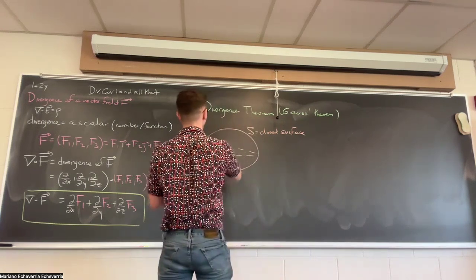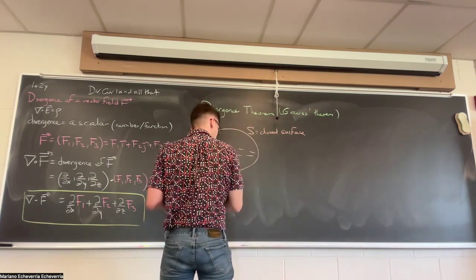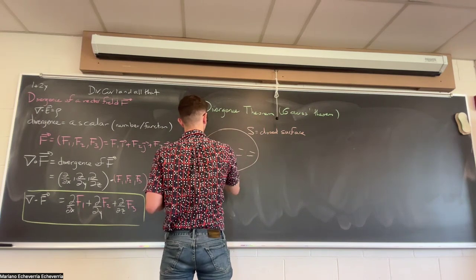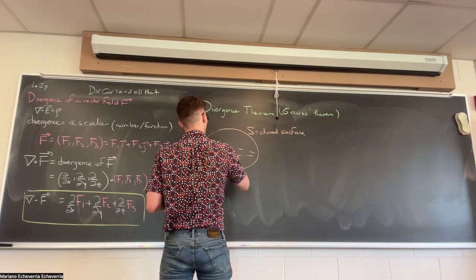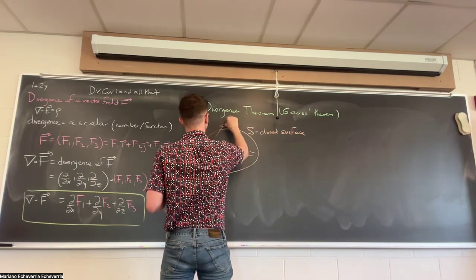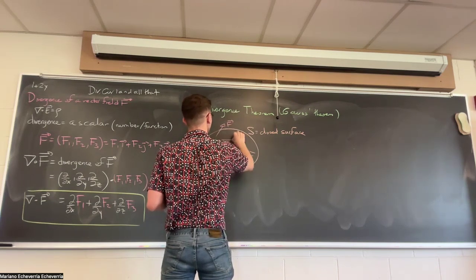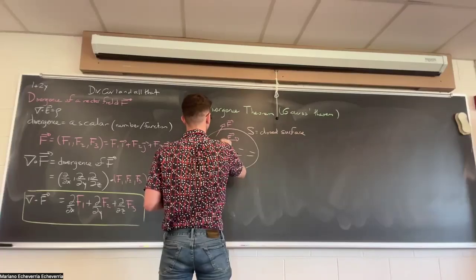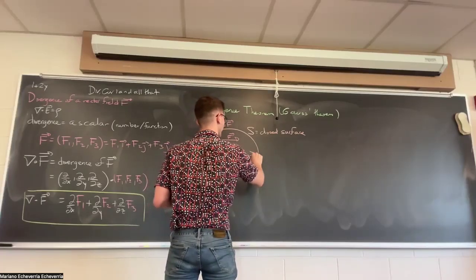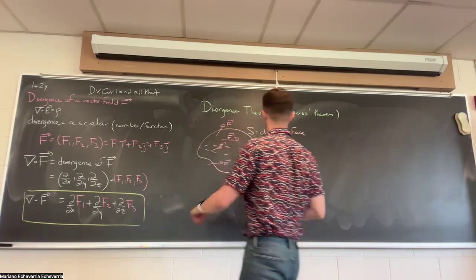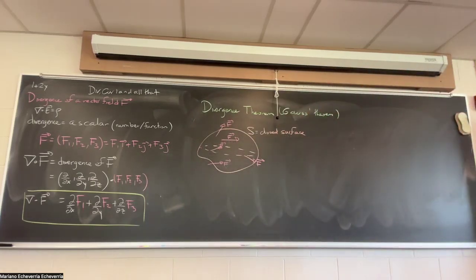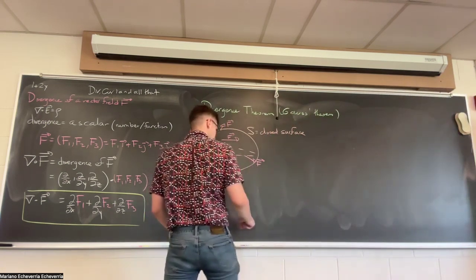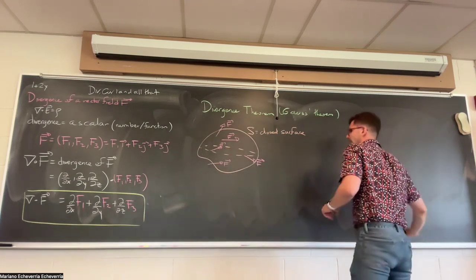And you have a vector field F, right? It's representing maybe how a fluid that's moving through the surface moves. Maybe the fluid goes like this, like that. Okay. What the divergence theorem says is that the flux of F through the surface,